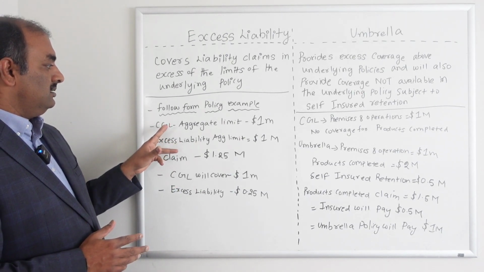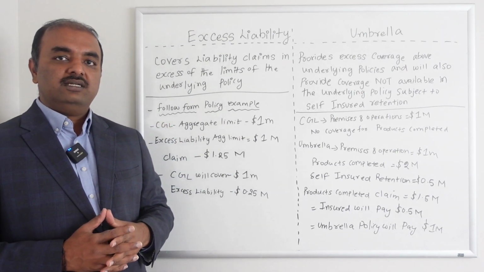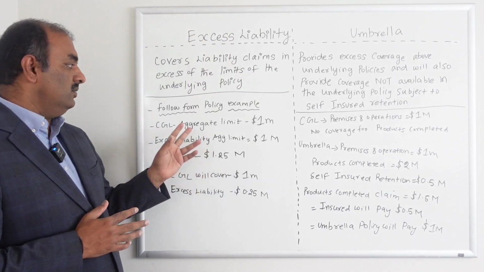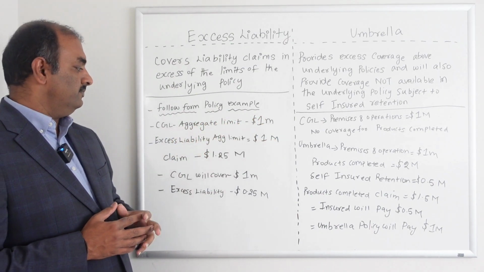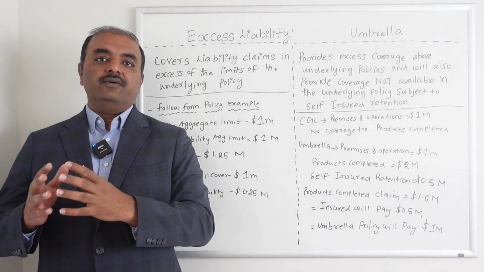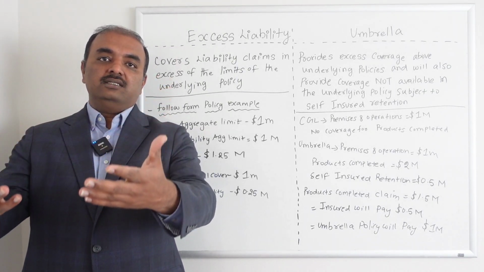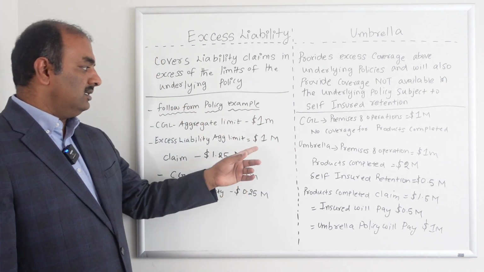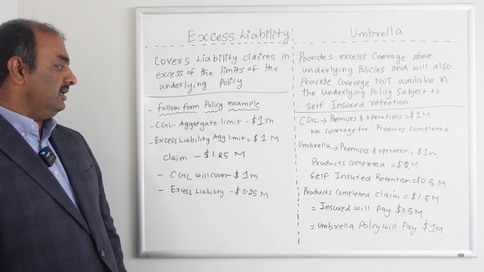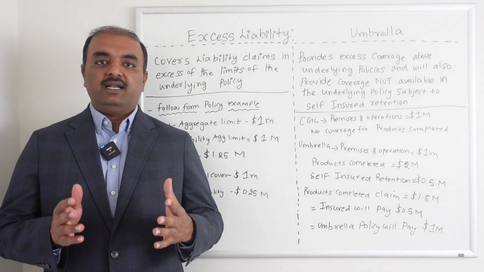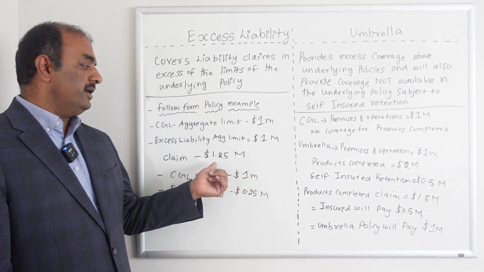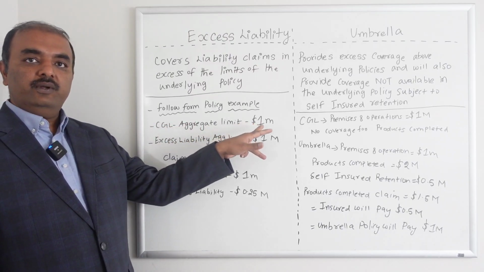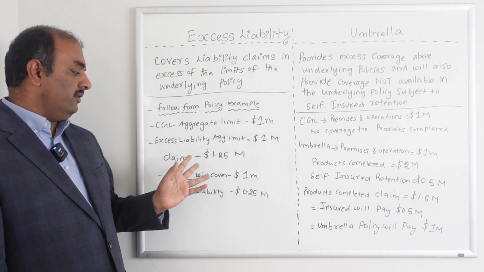If you see the CGL policy, the commercial general liability policy, most of us know we have different limits there, and we have an aggregate limit which is, say, 1 million. Now you also have an excess liability policy, which is an additional policy which covers apart from your main primary limit. So it gives you a 1 million limit for aggregate. Now the customer had a claim which totals 1.25 million. So the primary policy, which is CGL, will cover 1 million and the extra 0.25 will be covered by the